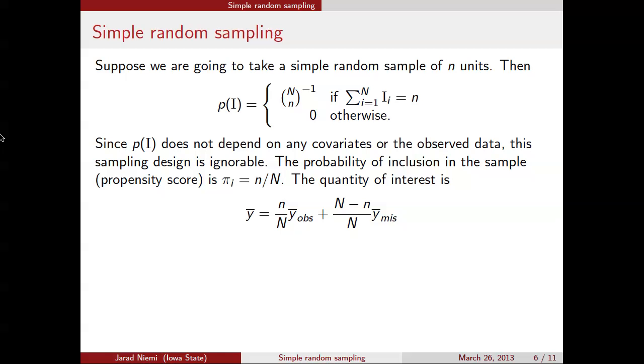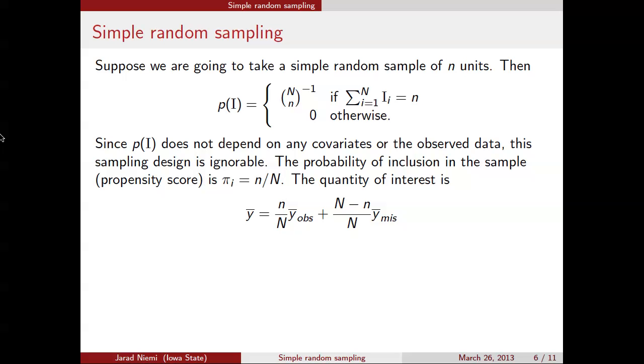Okay. All right, so the quantity that we're interested in: we have taken a sample. Let's assume we've taken a sample now. And so we have a mean over those schools that we actually have in our sample. That's y bar obs. Right? I haven't said yet, but we're going to take a sample of 200. So this is take the 200 schools, calculate their average. That's y bar obs. And then we have the average of all the data that we didn't include in our data set. That's going to be y bar miss.